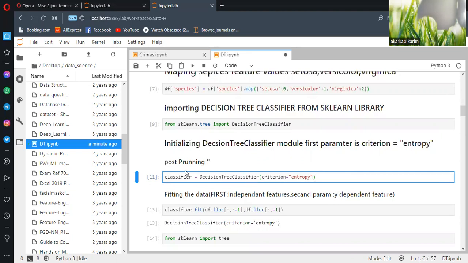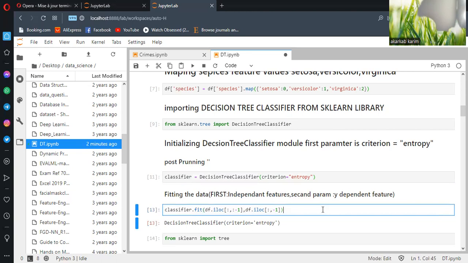We discussed post pruning before. If someone is interested now, you should go to the last two tutorials on decision trees to understand deeply what post pruning and pre pruning mean. Well, in this case, here I try to fit